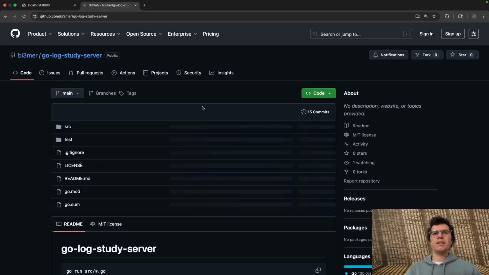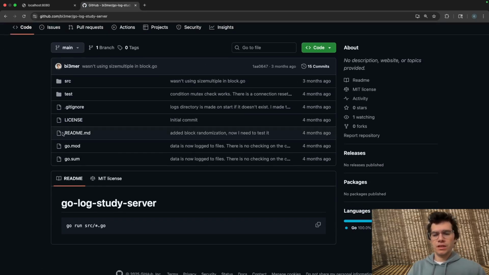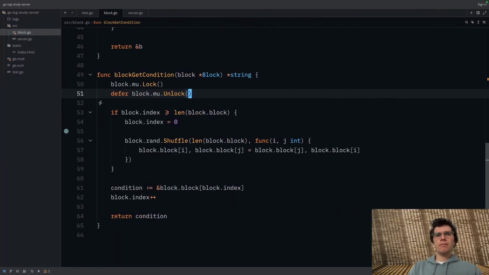Yeah, it is under the MIT license. It's right here. So if you want to use it, you're more than welcome to use it yourself. You can serve users web pages, then they can send you back logs, and you can also assign them conditions by calling get condition, and then your web page can change its behavior based on the condition. You could also use it for a study that is not web page based, where you run an app through Unity, which I know is a common one. But yeah, this is block randomization in Go.